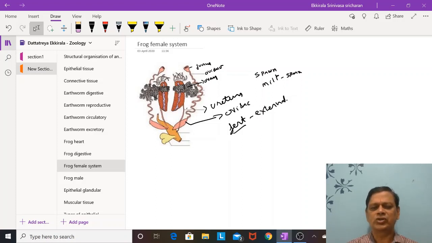So actually speaking, earthworm and frog are given in the NCERT book. So we are making a brief description of that. But for tissues, it is better to go a little deeper than the book. Examples are not all mentioned, but to be on the safe side, you will again come across the examples in the different systems. So I try to make a quick revision for students for whom one round of the syllabus is already completed. So it helps